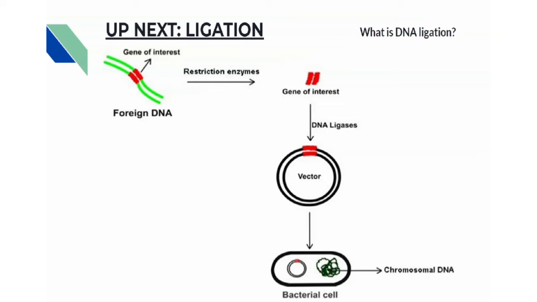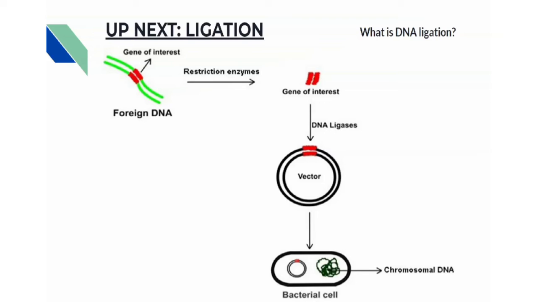We are now moving on to the next step, that is DNA ligation. I would like to start off by giving you a brief introduction about what DNA ligation is. The process of genetic engineering is made effective by the action of two enzymes, namely restriction enzymes and ligases. Restriction enzymes, called molecular scissors, cut the desired DNA and its carrying vector at the specific sites, whereas the ligase enzyme, called molecular glue, pastes these DNA fragments into the vector.